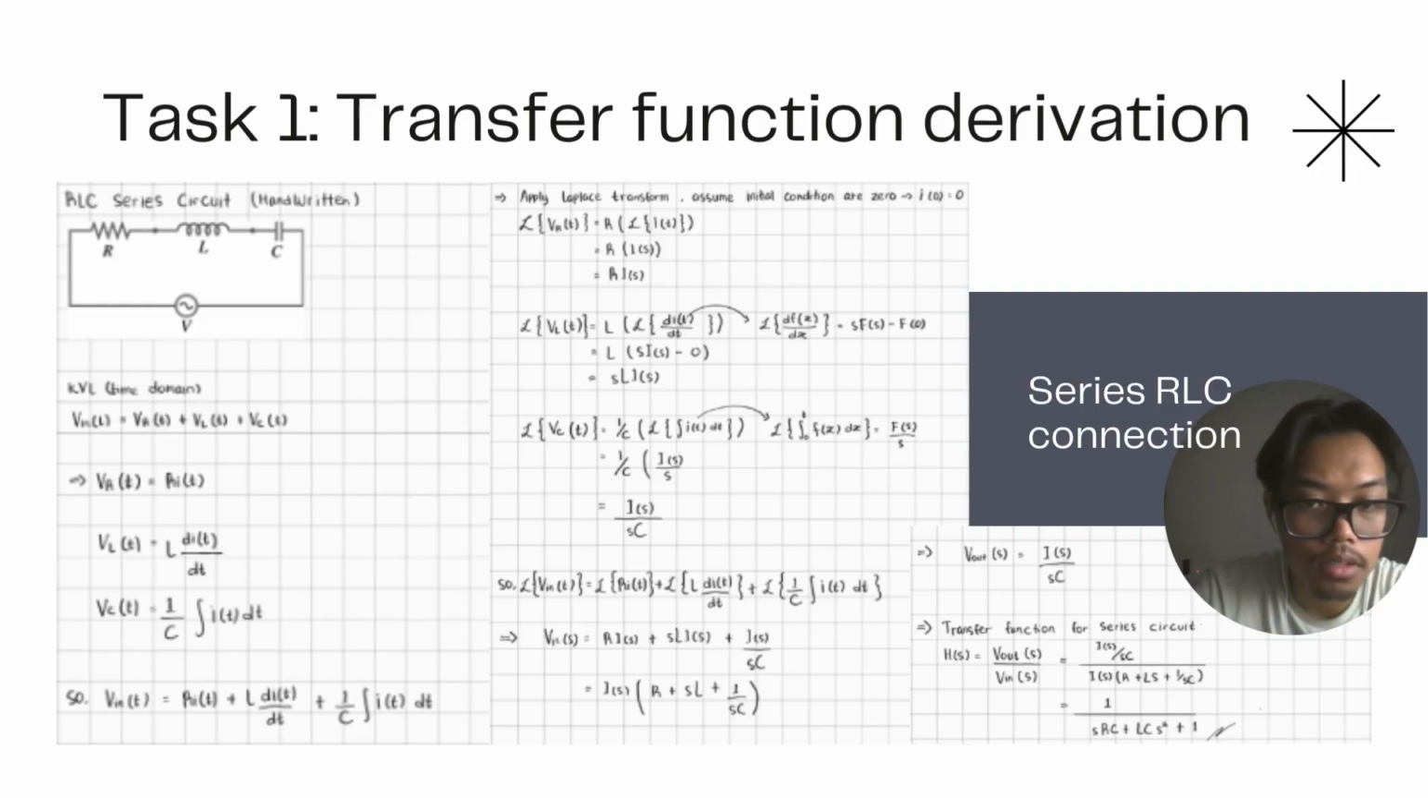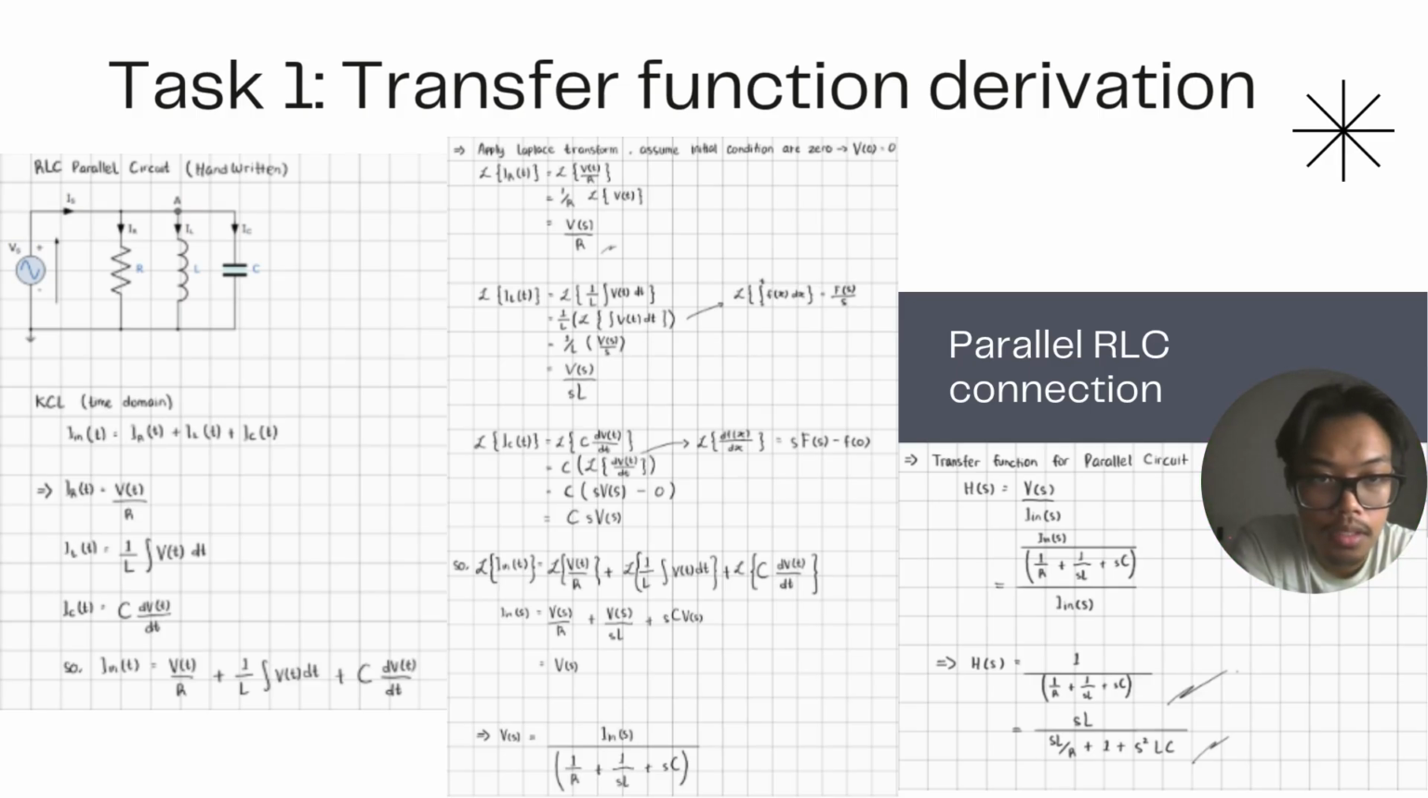time and frequency domains. For the parallel RLC circuit, we used KCL and followed a similar process. After applying Laplace transforms and simplifying, we derived the transfer function as H(s) = sL / (sL/R + 1 + s^2 LC). Unlike the series case, this configuration behaves more like a bandstop filter. The structure of this transfer function helps us understand why parallel circuits exhibit smoother, more stable responses, especially at their